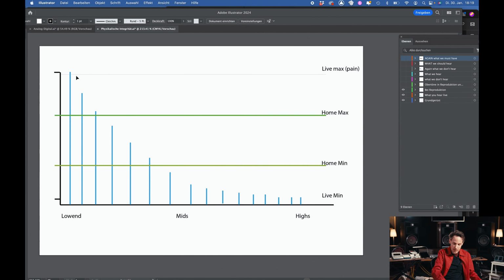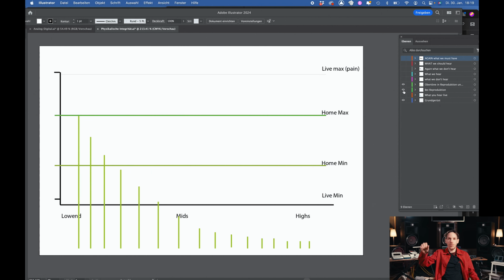Why? Well, just because you might have a fridge, you might have kids, you might hear birds from outside, you might hear a car from outside, you might hear the heating system. There's a lot of ground noise. So now, if you record original dynamic, what happens at home? It's brought down. So at home, you turn down the volume so that the loudest possible sound is at a level that you are comfortable with.